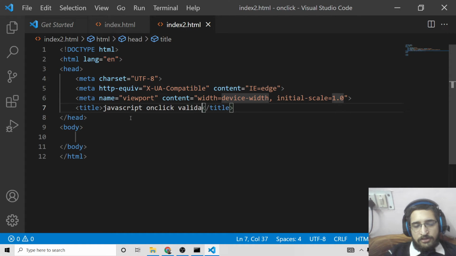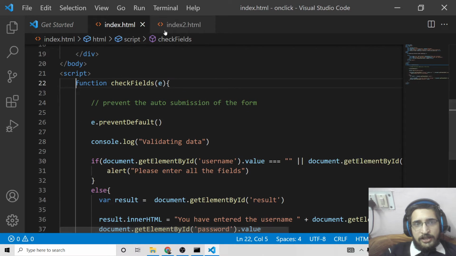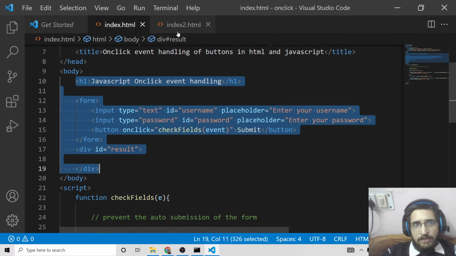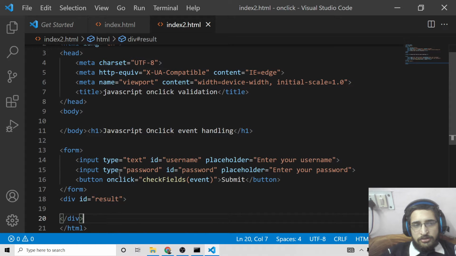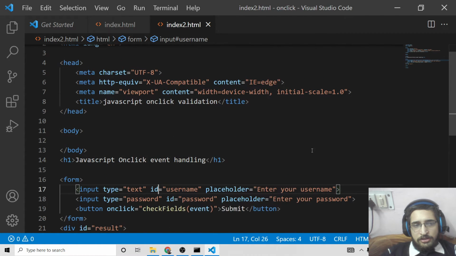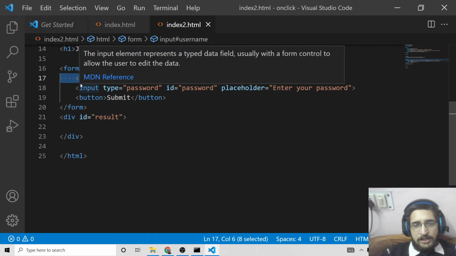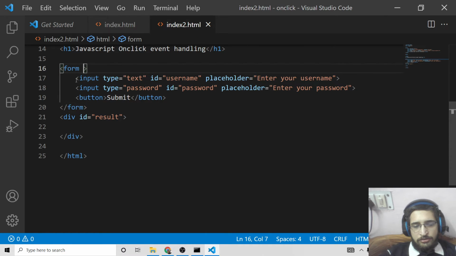Onclick validation. Here, guys, we will again have the same input field. I can just copy and paste this code here to save time, and format the document. Now, instead of this, we won't be attaching the handler here. So this will be the button here, that's it, and the submit will be that. We will attach an ID to the button, not the form. Then I will close the body here.